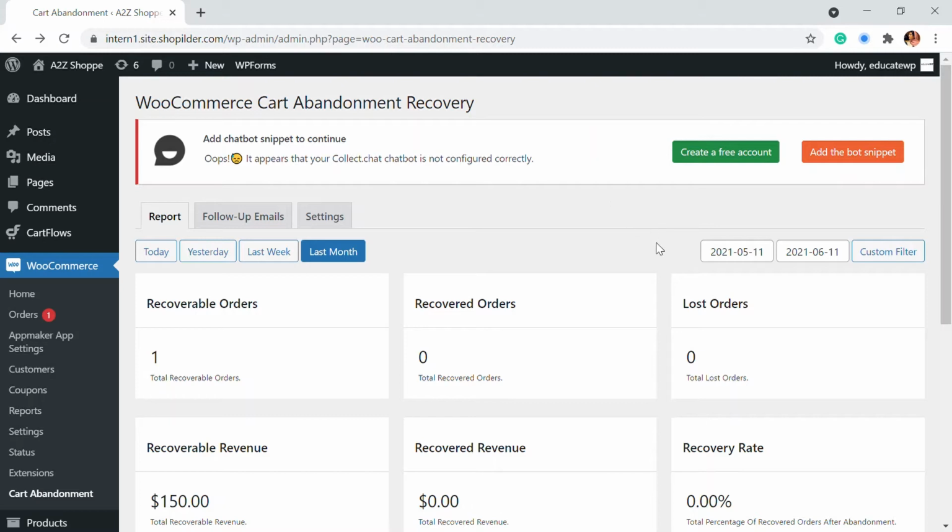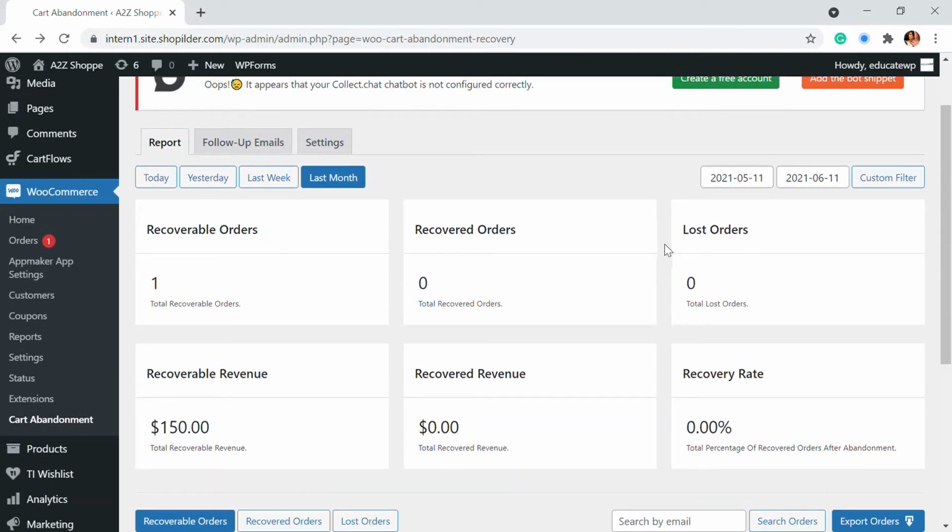In this video, we're going to see how you can add WooCommerce cart abandonment recovery onto your WooCommerce store. Did you know that when a customer comes into your store and likes something, they may leave that product in the cart and later forget to buy? Maybe they were distracted or forgot. This can cause a huge loss for your business. So we have a plugin that will track those abandoned carts and send follow-up emails and coupon codes on your behalf to the customers so that they can come back and buy that product. So we're going to see how that's done.